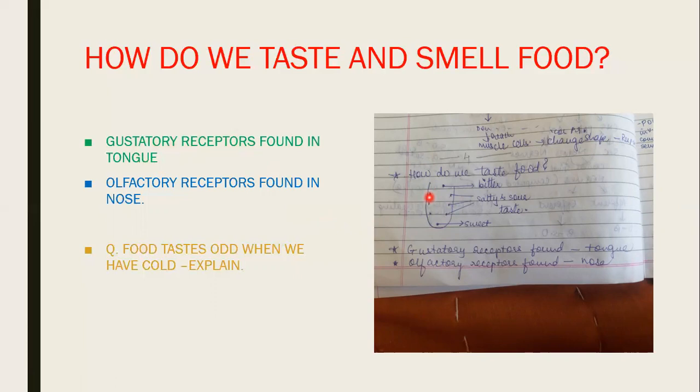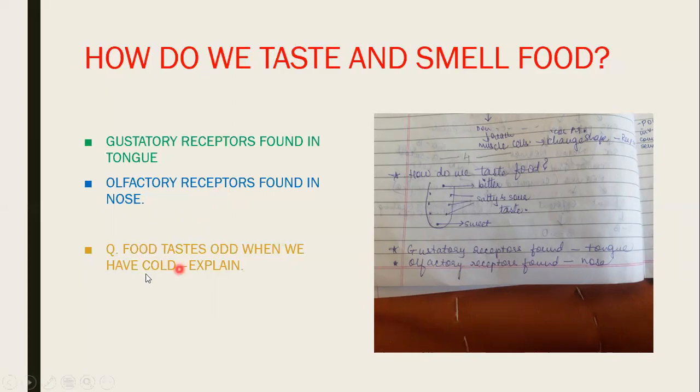Yes. Now, how do we smell the food? Once we understand how we taste the food, we should understand how we smell the food. The nose is our olfactory organ. So olfactory receptors are found in the nose area, and olfactory receptors detect the smell. So how do we smell? Smell enters the back of the nose when we inhale. They also rise up from the back of the mouth as you eat, which is why smell is such an important part of tasting and enjoying the food.